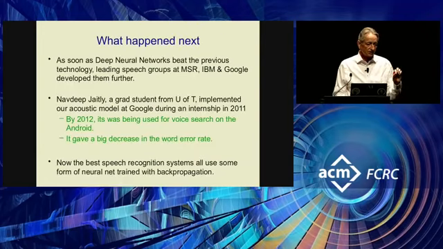And my graduate students went off to various groups like MSR and IBM and Google. In particular, Navdeep Jaitly went to Google and ported the system for acoustic modeling that was developed in Toronto, fairly literally, and it came out in Android in 2012. There was a lot of good engineering to make it run in real time, and it gave a big decrease in error rates. And at more or less the same time, all the other groups started changing the way they did speech recognition. And now all the good speech recognizers use neural nets.